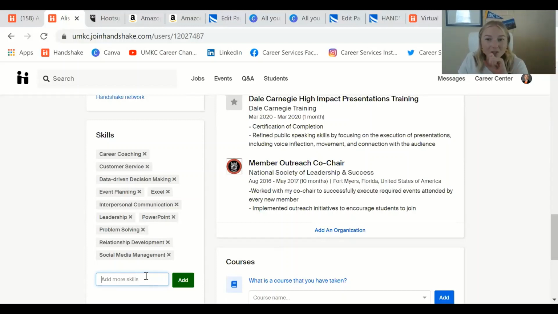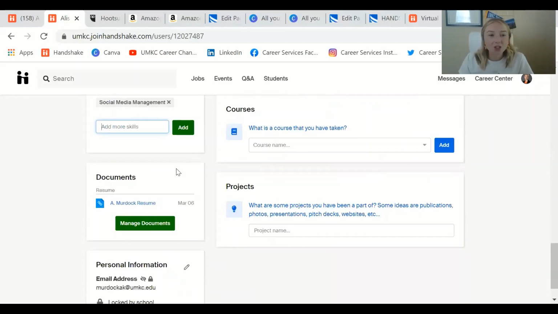And I would say do your research too. LinkedIn is a great resource to view other people's profiles and career paths, jobs that you want to be doing. Look at their skills and see what you need to be developing or what you already have that you can add to your profile. And I would say do the same thing on LinkedIn. See how LinkedIn, like Handshake, is so interconnected in the career world? I love it. Okay, so next we're gonna do documents.